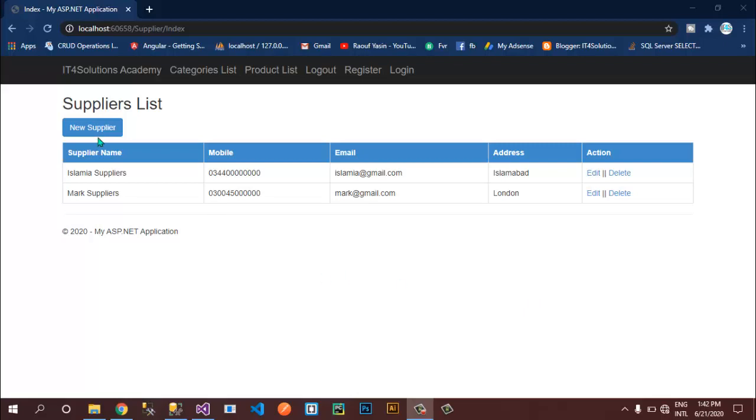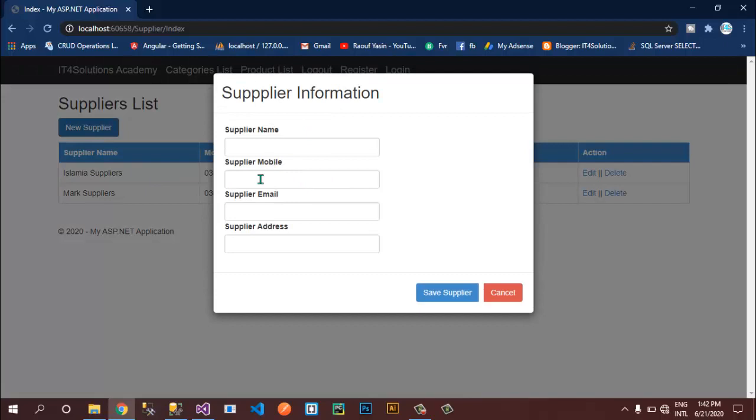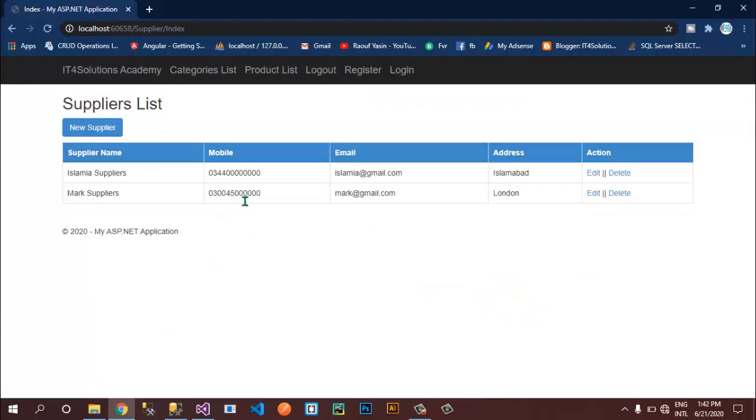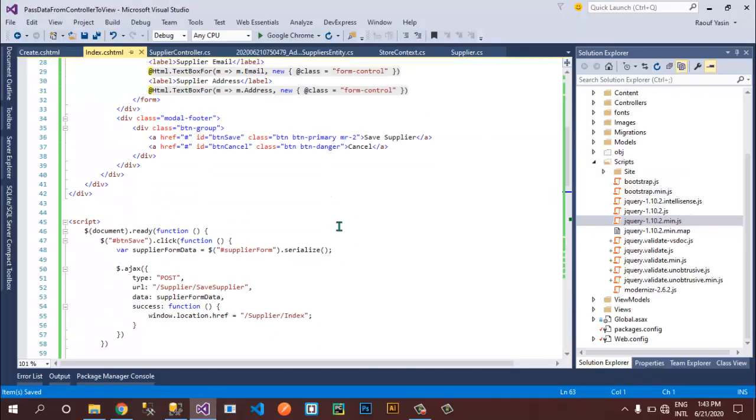In the previous video, we created this beautiful bootstrap modal, and by this we can insert our record. In this video, I will create a delete confirmation pop-up. By clicking on this delete button, a pop-up will appear and ask for confirmation, and if the user clicks on confirm, then our record will be deleted, otherwise it will be cancelled. Okay, so first of all,